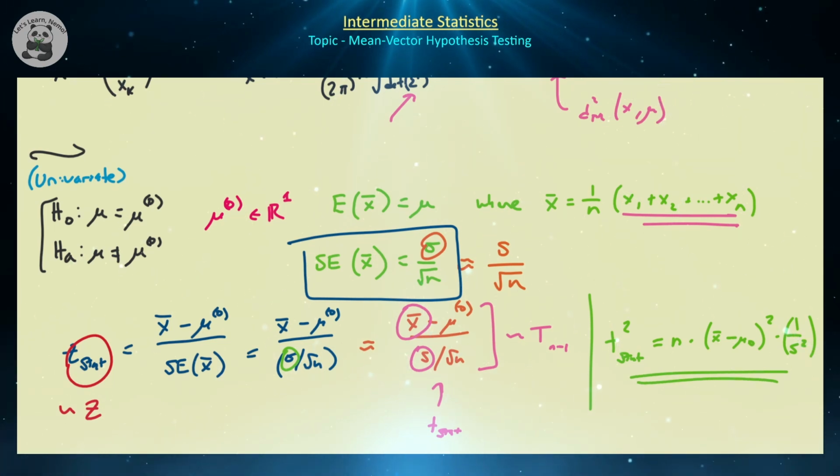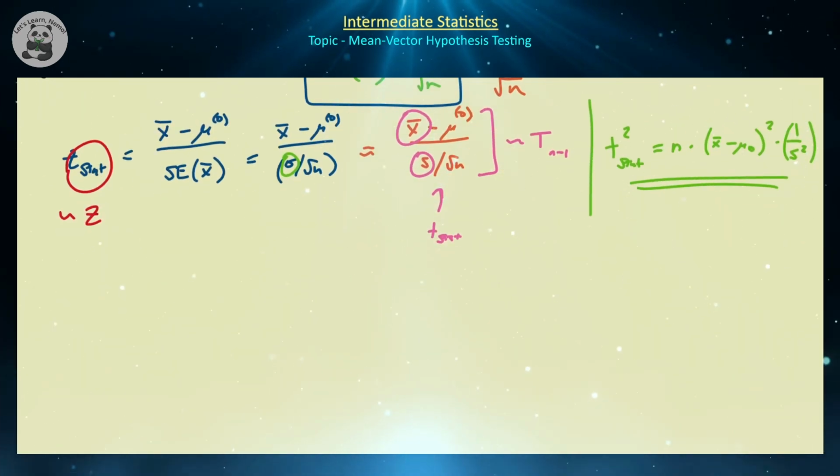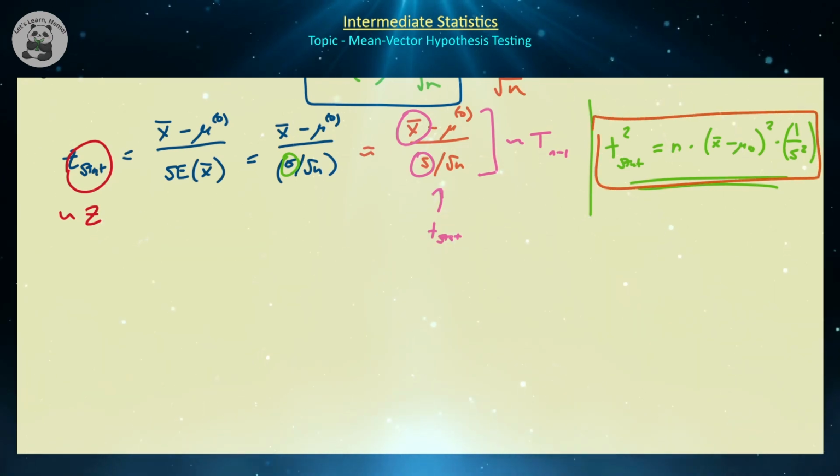Now, we usually are perfectly fine with just working with the t-distribution, but this formula in t-squared world is actually going to provide a little bit of insight into some of the formulas that we're going to be talking about in the multivariate world. And also remember that the t-squared test statistic actually has some relevance when it comes to, for example, ANOVA test and multiple linear regression, because if we have, for example, the t-squared test statistic